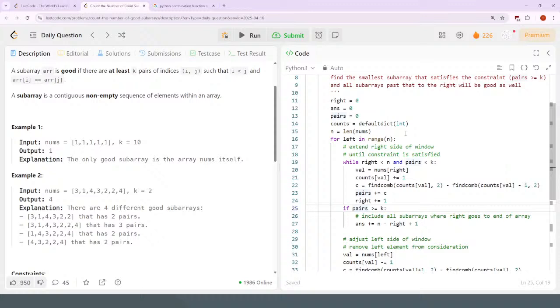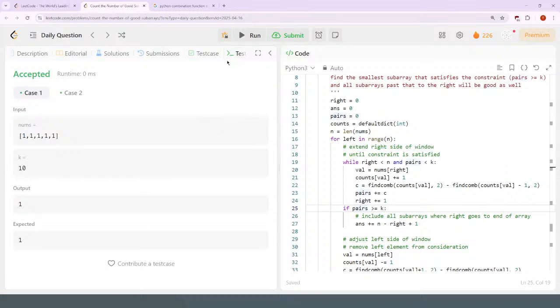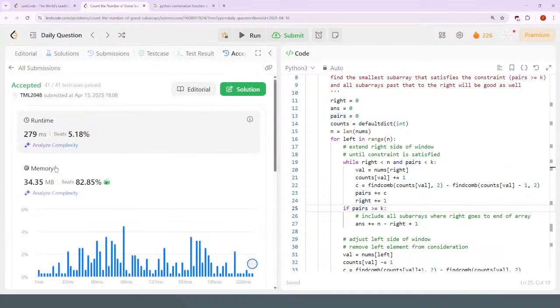Let's think about this. So you extend out the right side. So while right is, okay, go to the right side. Hmm. There's something that's like 37 milliseconds. Pretty sure this is,